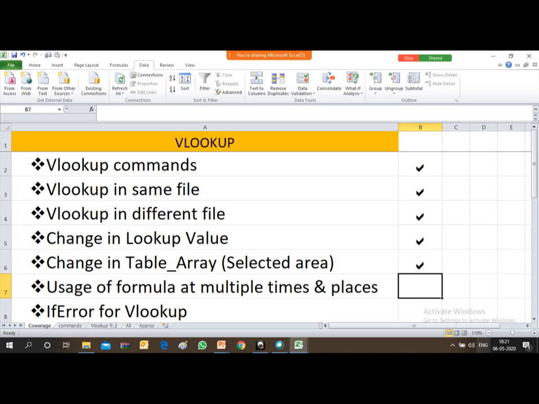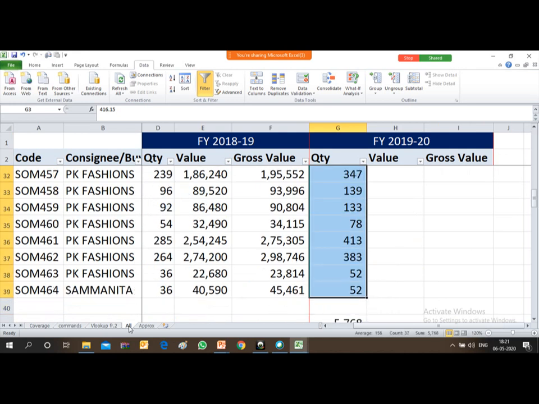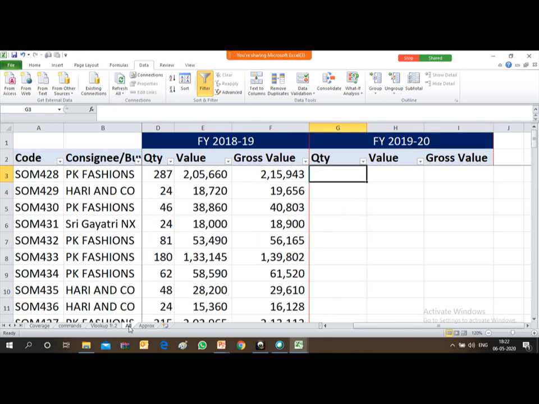Typing the VLOOKUP formula every time would be very tough and time consuming. So to save time and complete the work quickly, we can use the VLOOKUP formula at multiple places with some modification in the formula.